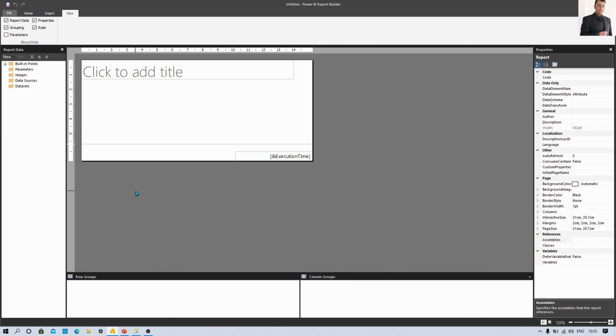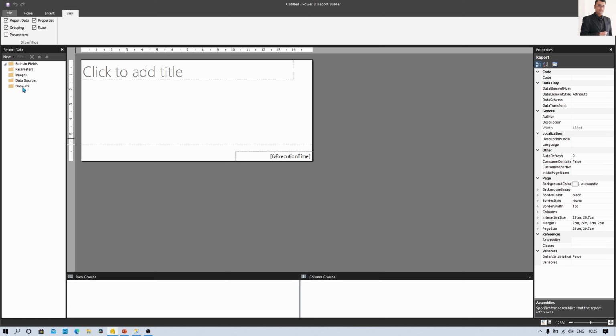Here I am on my machine, and on the left-hand side I have different options. The very first step to prepare the paginated report is to connect the data source and dataset. Now let me give you the overall idea about which data sources are supported at this moment, as well as the SQL Server database that I am going to connect with my paginated reports. So let's talk more about that in detail.